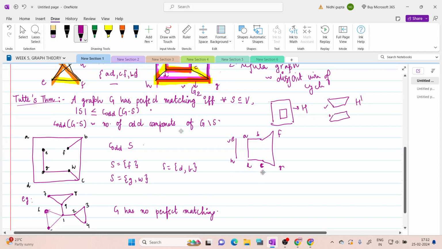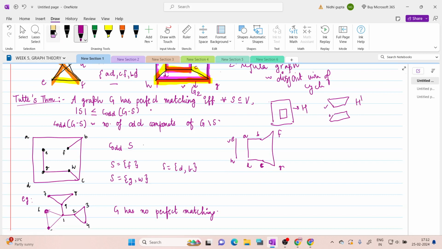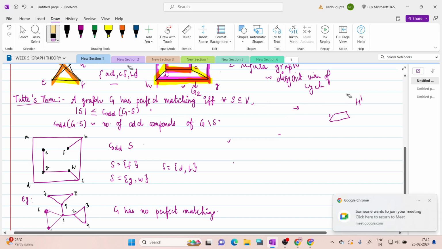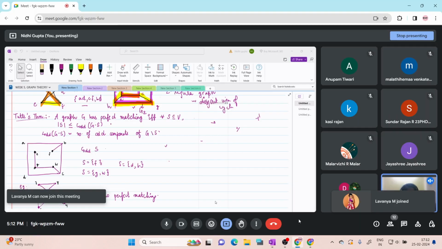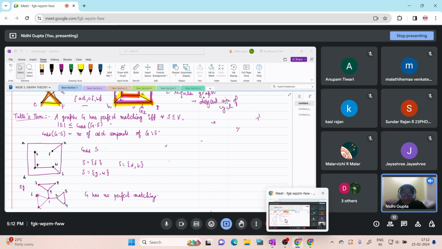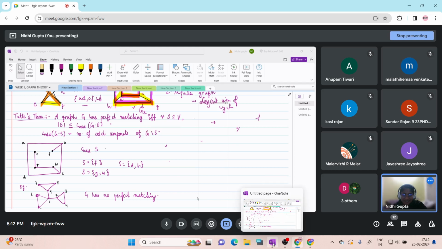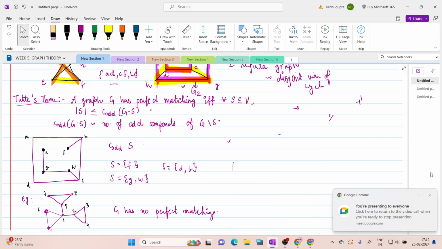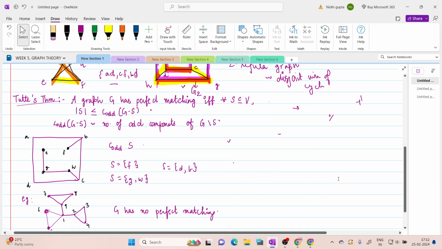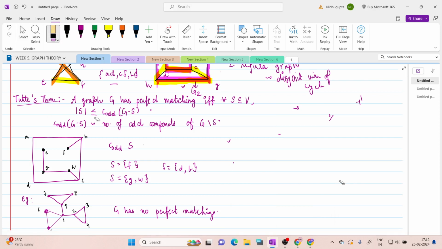Now, in the last tutorial, we saw that we had a nice necessary and sufficient condition to ensure whether a bipartite graph has a perfect matching or not. Now, that was Hall's theorem. So today's theorem is also something like this. It is basically giving us a nice necessary and sufficient condition to show whether a graph will have a perfect matching or not. And the theorem exactly says the following, that a graph G will have a